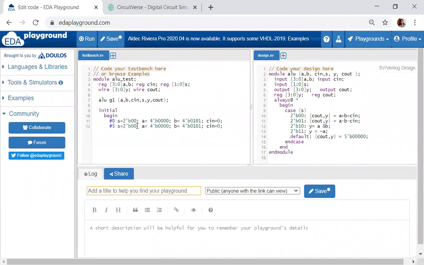If I have to do subtraction, the control line should be 0, 1. Subtraction is A minus B minus Cin. Let me take A to be 7. 7 minus 5 minus 0 should be equal to 2.